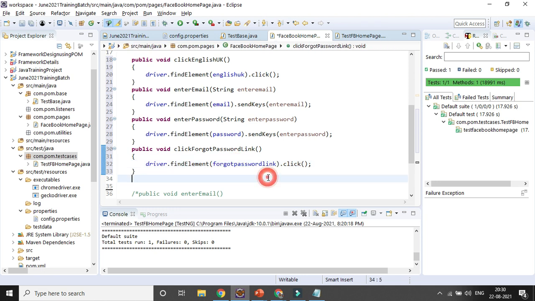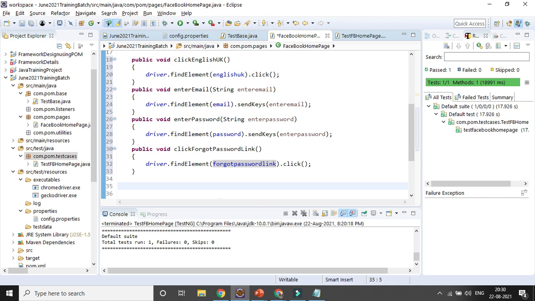Okay, another one is I want to validate the error message, right? Because I want to get the error message. So suppose public get error message home page.